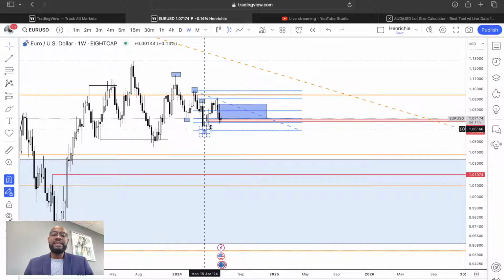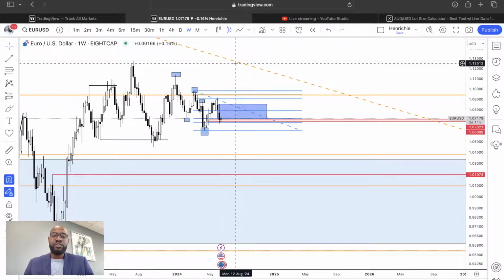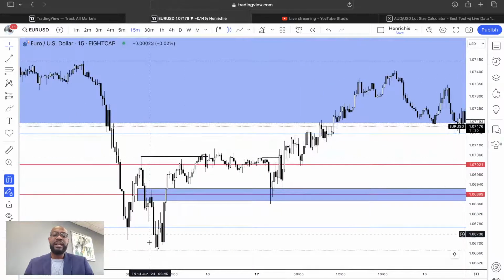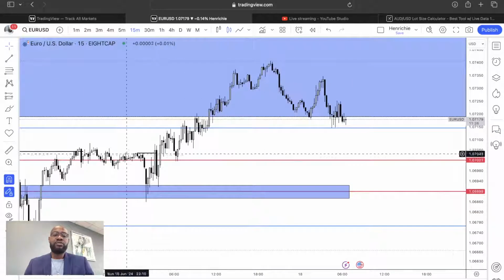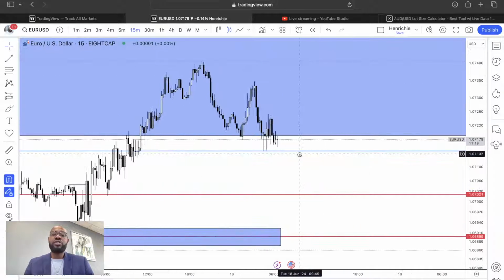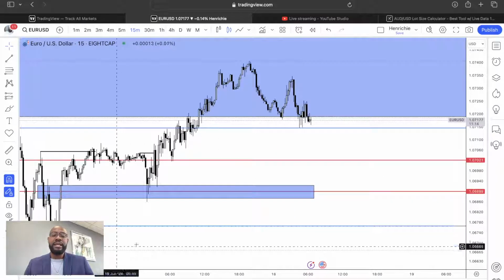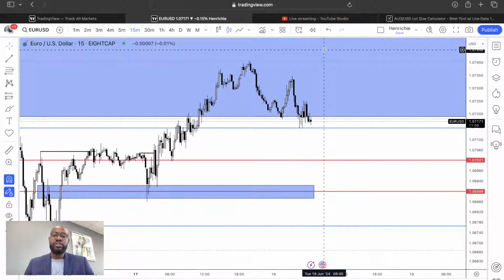So for this key level to stay sustained, for us not to come down here, this key level needs to sustain price and continue to take us to the upside. Now, that being said, as you can see so far, price created a higher low and we broke structure very nicely right here. And after breaking that structure, we came back down for a retest and then we broke structure again on the 5 minute time frame right here before this expansion. So if we are to continue to the upside, then this right here is it. This would be a potential low and then a potential continuation to the upside.